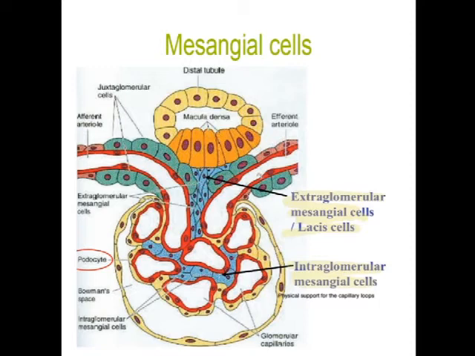Number 1. They provide structural support for the capillaries. They are phagocytic and serve to unclog the GBM by disposing of filtration residues. Due to their contractile property, the mesangial cells may increase or decrease the blood flow through the glomerular capillaries and thus have a control over the glomerular filtration rate. The mesangial cells have been found to possess receptors for angiotensin II and atrial natriuretic peptide. When these receptors are stimulated, the mesangial cells contract and the glomerular flow is decreased.